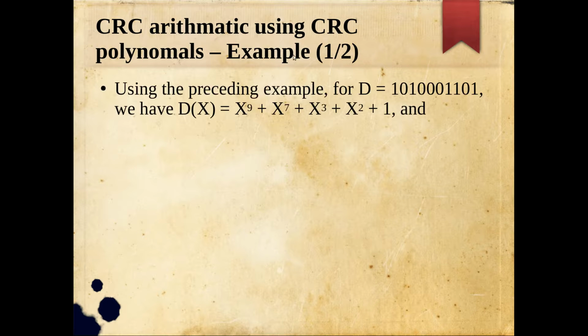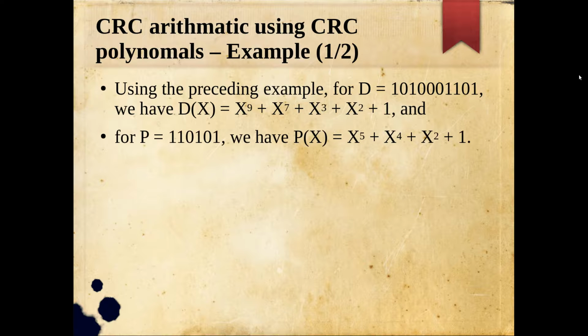Now we will take an example, the same example that we discussed in part 7, I think, the basic CRC in the binary process. So this is the D we assumed there. When you are converting it into a polynomial, you can see how many bits are there in this message. There are 10 bits, right? So you assign the weights 0 to 9, and you get a degree 9 polynomial. Simply x raised to 9, x raised to 8 is absent, x raised to 7, then 6, 5, 4 are absent, then x raised to 3, x raised to 2, 1 is absent, x raised to 0, that is 1.